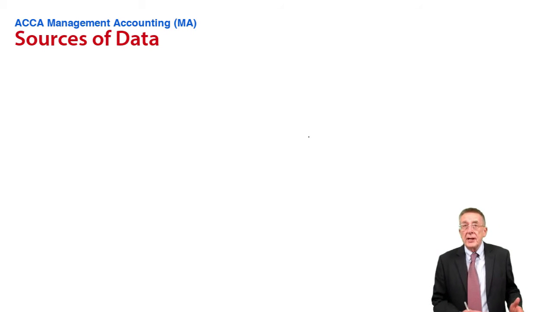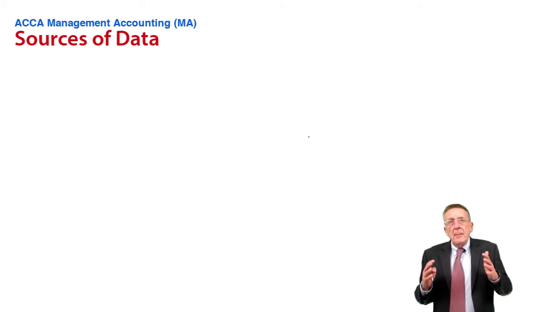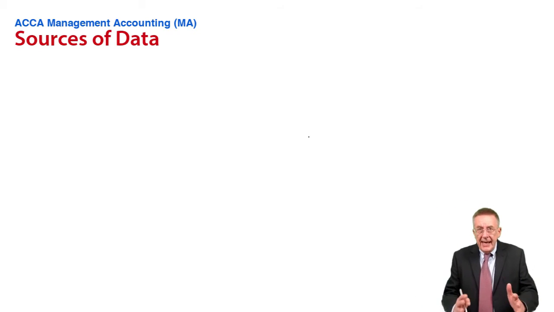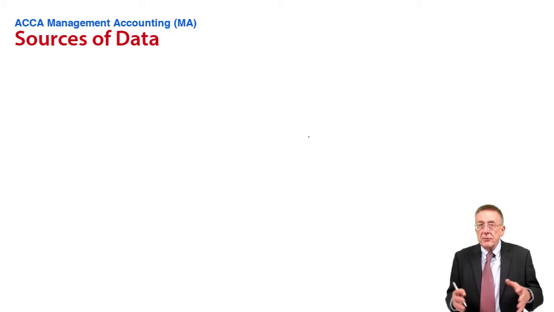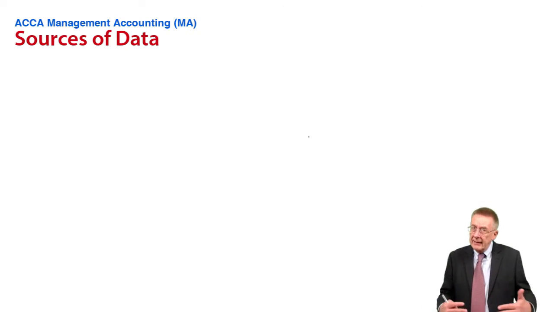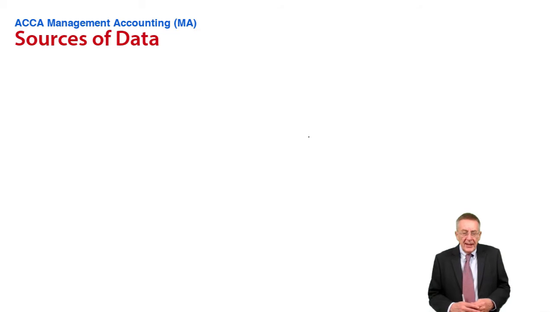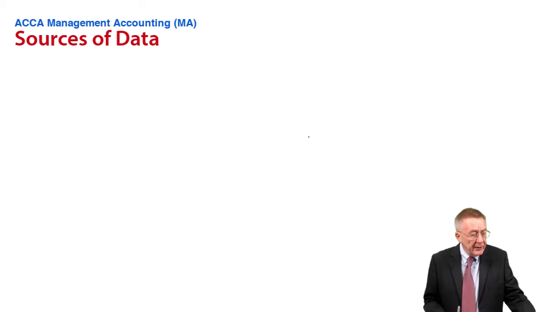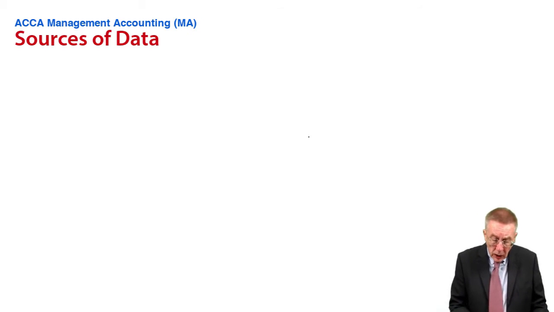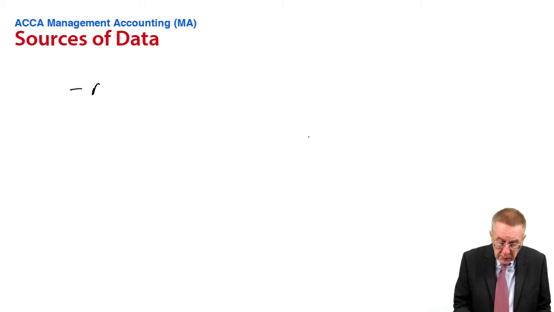I did mention in the previous chapter that the management accountant needs data in order to produce information, to produce summaries, to produce reports, to be able to give to management. And so this is talking about where this data comes from, how we get the data. And you'll see, first of all, paragraph 2, mention of what we call primary